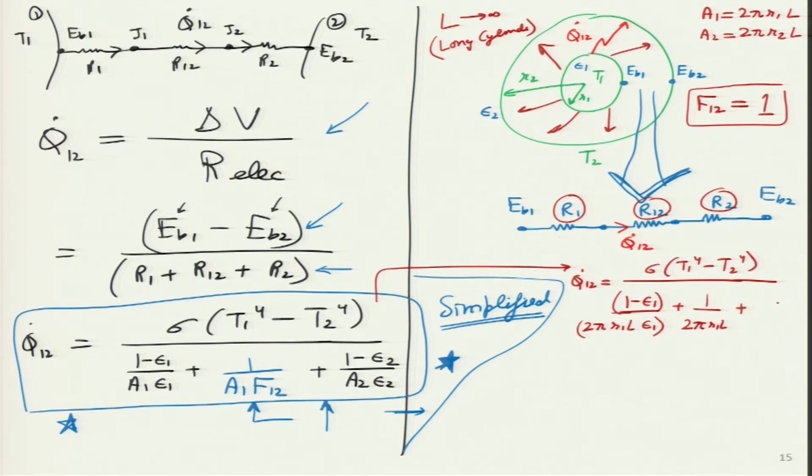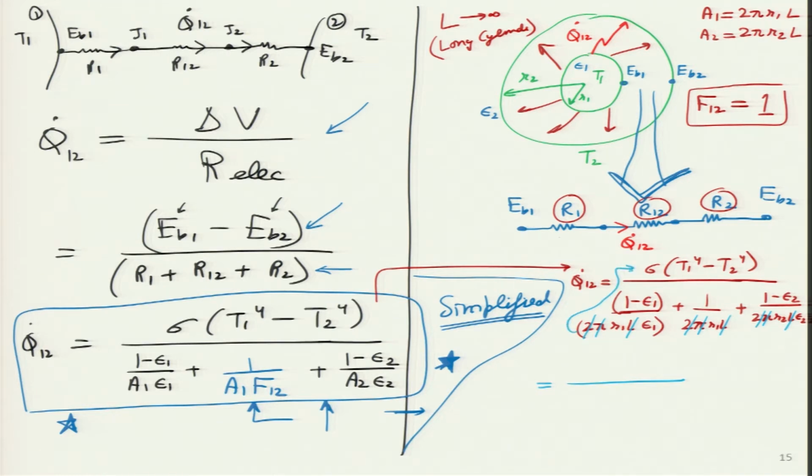Then I have to write the third term. Third term is 1 minus epsilon 2 divided by 2 pi r 2 L epsilon 2. So, immediately we can see that there are some common terms that I can cancel out. So, I think 2 pi L will cancel out for all the terms, and then once we rearrange these, we will directly get that expression that we were looking for earlier. So, that one I can write directly over here. I think it was something like this. Sorry, one mistake I made, it does not get cancelled out.